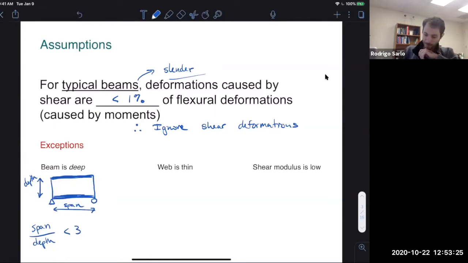Another thing might be if the web is thin, right? So if I'm now looking down the beam at the cross section, the web, that part in the middle,